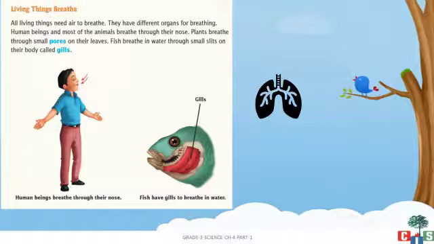Fishes breathe in water through small slits on their body called gills. So it is interesting that living things breathe using different organs. We breathe through the nose, and certain animals also breathe through their nose. Plants breathe through the pores present on the leaves, and fishes breathe through their gills. Very good. Now the next property is,